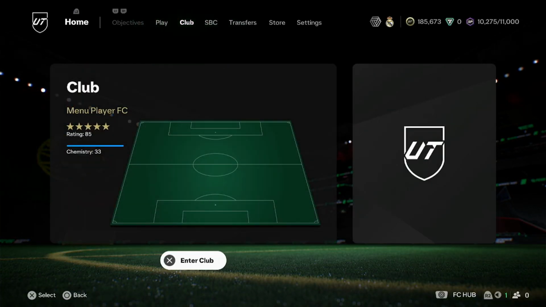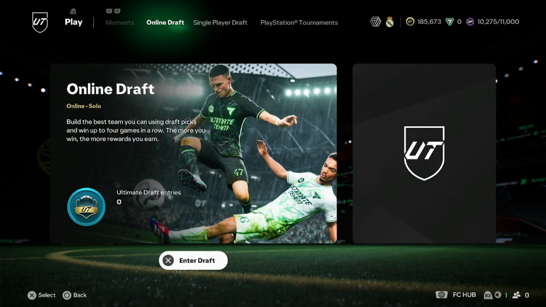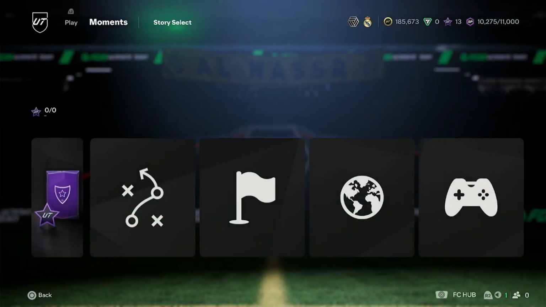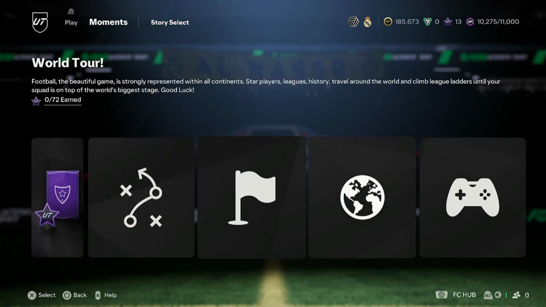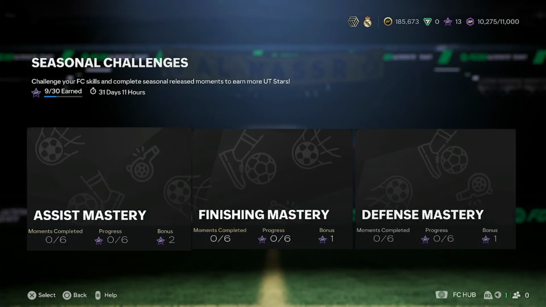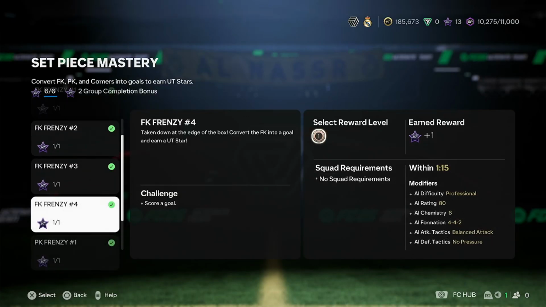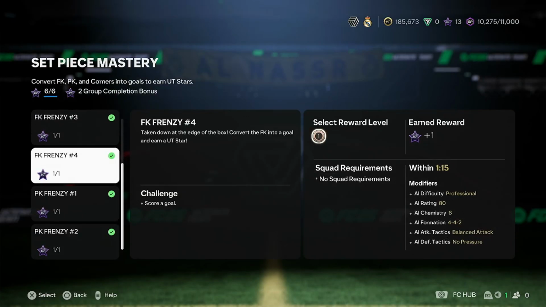Now, how to practice it in Ultimate Team with your team over here, go under the play option and then go down to moments. Now, this actually not only will help you practice free kicks, but also get you free moments tokens every single week or so. You go down to the seasonal challenges tab over here and then go down to the set piece mastery. I've completed all 6 of these because I enjoy taking free kicks,